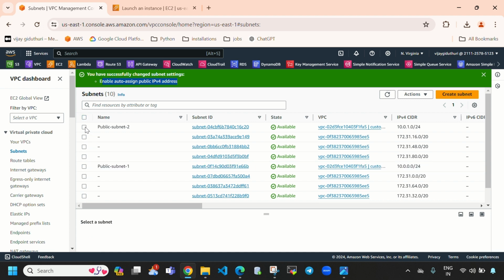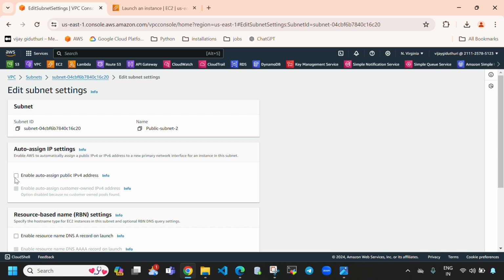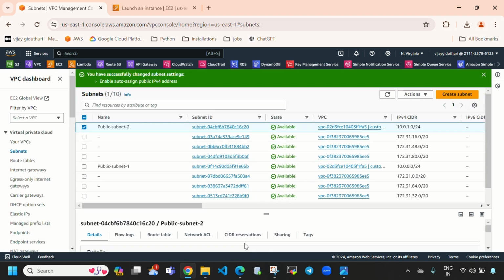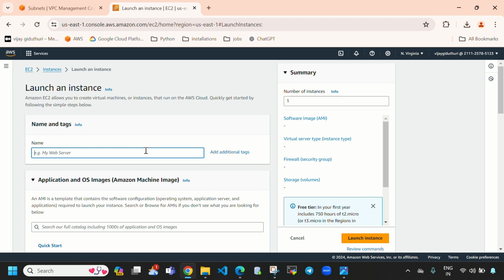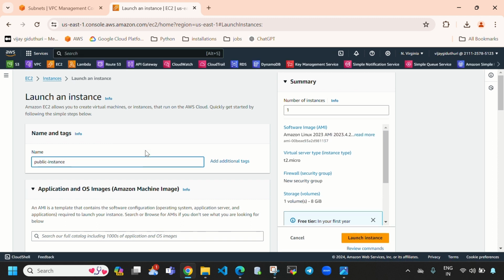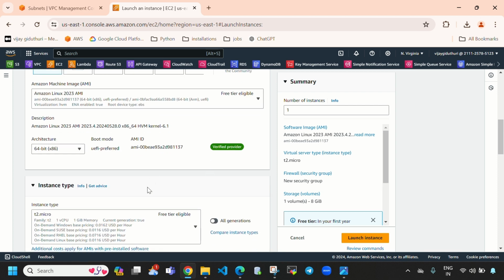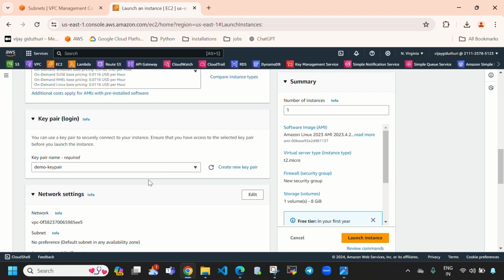So directly select public subnet 2, actions, edit subnet settings, and directly select enable auto-assign public IPv4 address. Directly save this and come here, and when I reload this again, let's give public instance. Here we need to select OS Amazon Linux, instance type T2 micro, and key pair.